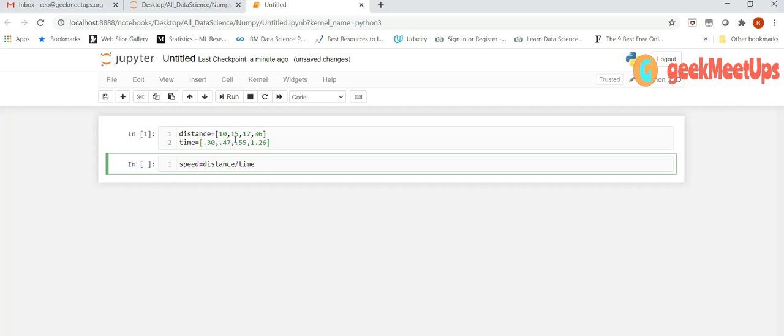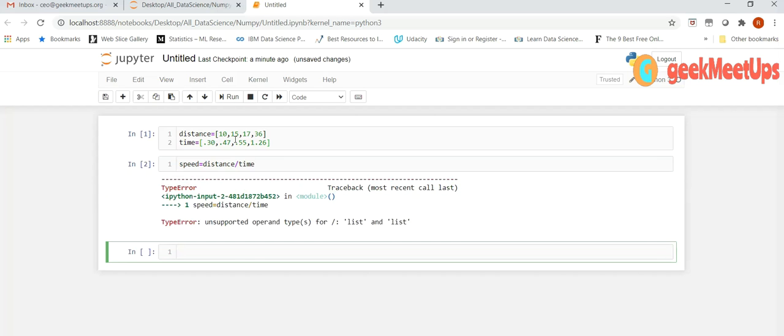If we execute this, it provides an error: unsupported operand type. What does it mean? It means we cannot perform mathematical operations using two simple lists. So NumPy comes into the picture here.